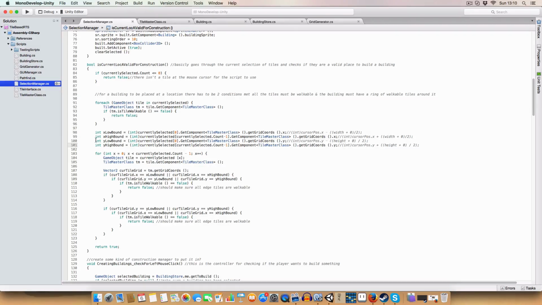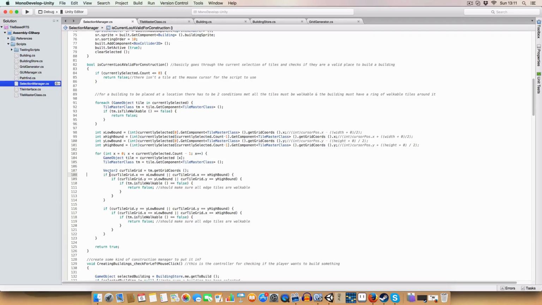and the higher bound of x and y, which we can just do by getting the first and last tiles, because we get them in order because of how the grid generator works. Or like getting tiles from grid coordinates we pass in, because it works out what the lowest are and what the highest are, which is good. What we do is go through all these tiles,